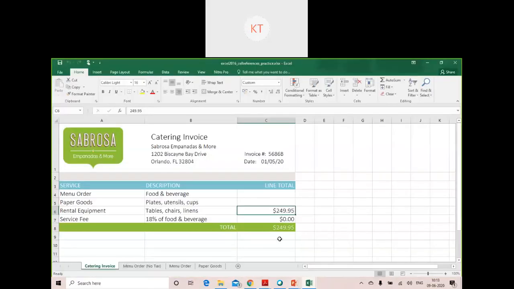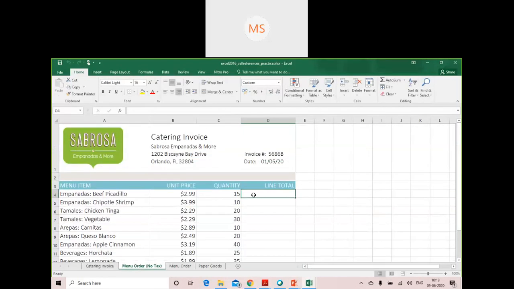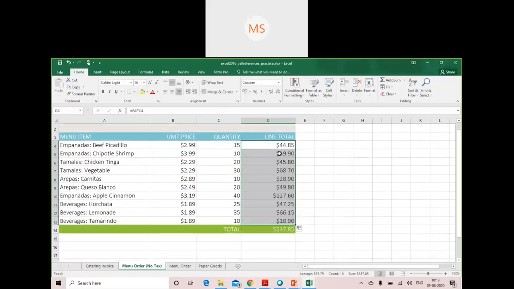Like yesterday, we have performed operations on such type of sheets. If you want to calculate the billing amount of this particular invoice, what you are going to do is create some formula. So this is how I am creating a formula, and then it is calculating it. Then I am making use of the fill handle to calculate the line total for all these items. Now here, as you can see at the bottom, the total bill amount is displayed here, because here also we have made use of a formula.